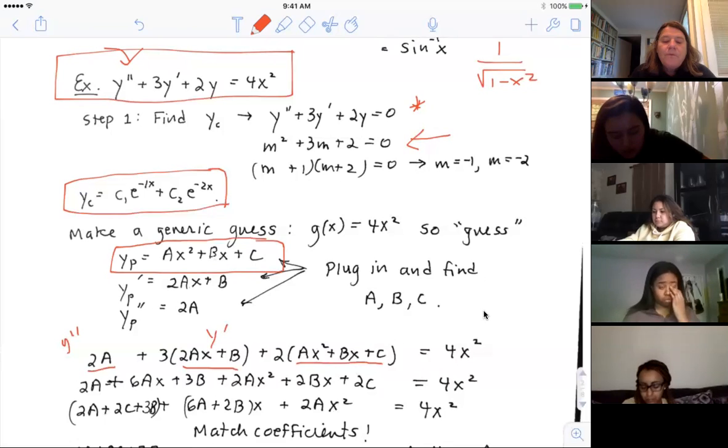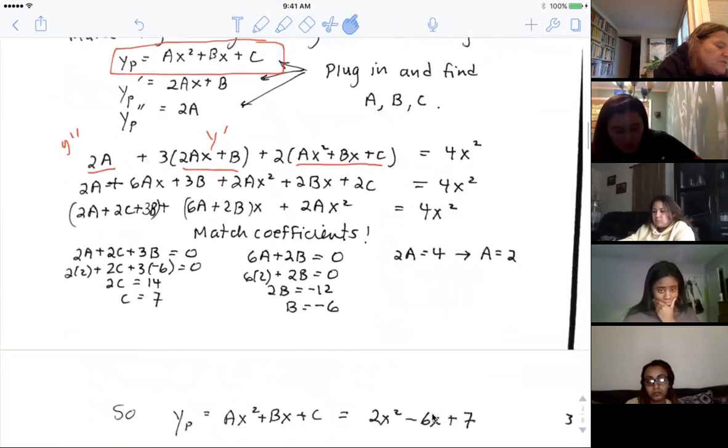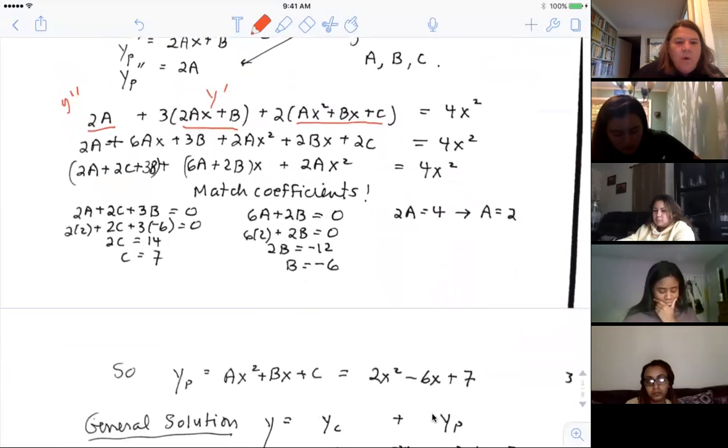So what I'm going to start to do is just multiply everything out. Okay, I just multiplied everything out here, and you may or may not need to. You may be able to see this without doing that, but for our first time here, I'm going to do that, and then I'm going to group things together. So I am going to look for all the constants through here. The constants here are 2a, 3b, and 2c.